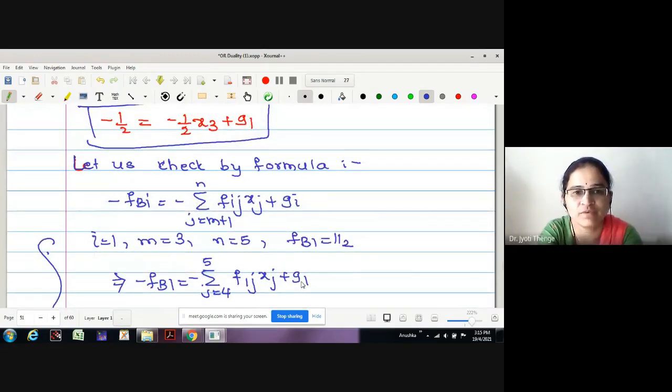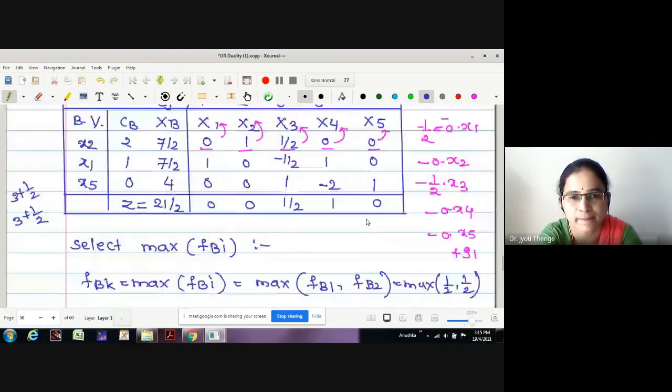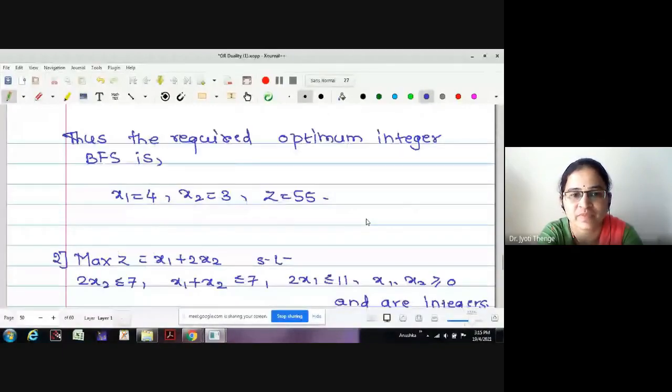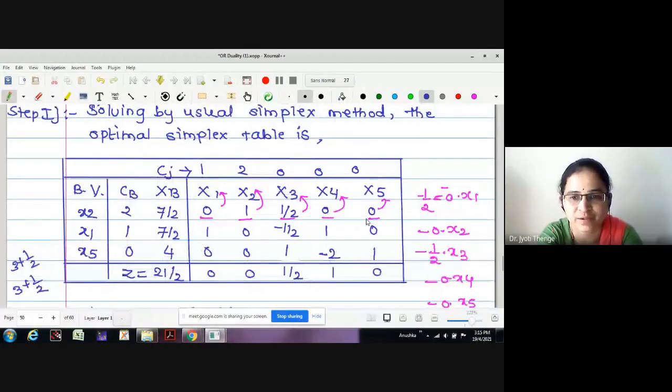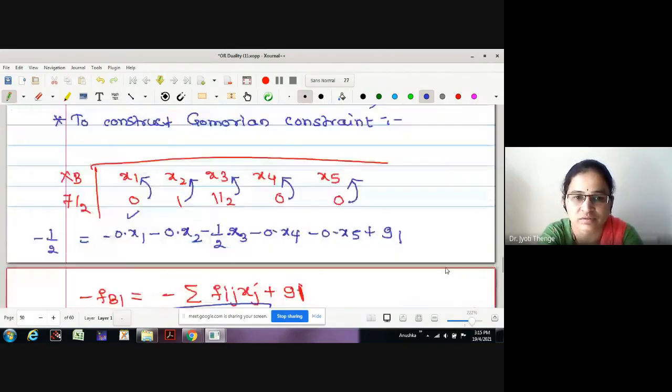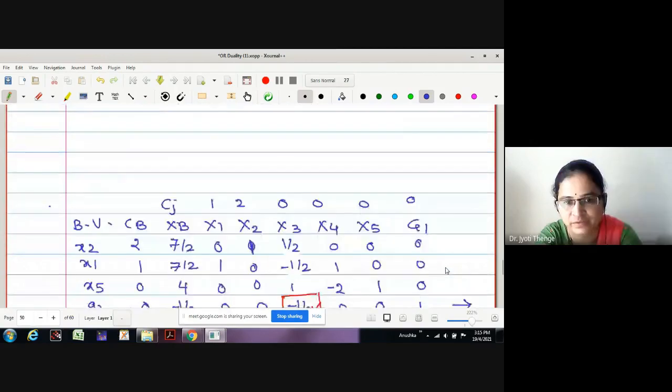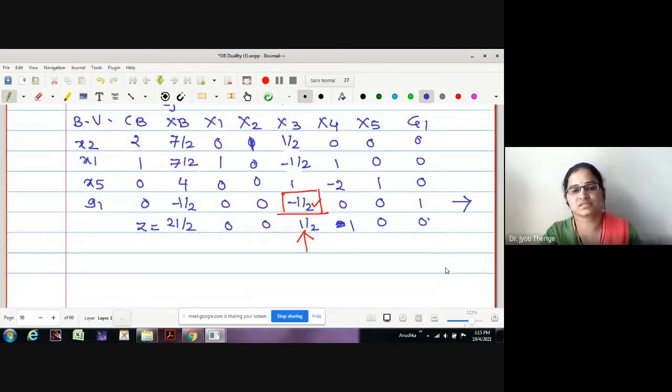Okay, let us stop for today. If you have any difficulties, you can ask me, please. I think the shortcut method is easy, no? Fractional into variable. But you should not forget that negative sign. It means minus half equals negative fraction into x1, negative fraction into the variable, like this. You have to write it. Though the method looks lengthy, it is not difficult if you just go through this. Any difficulty you can ask.